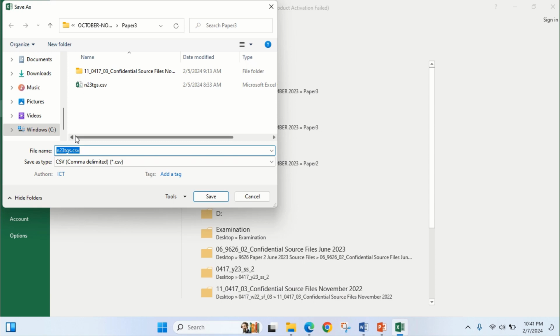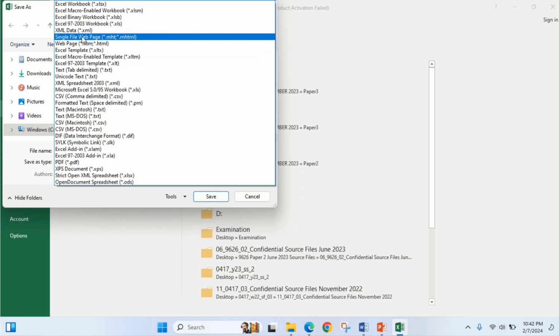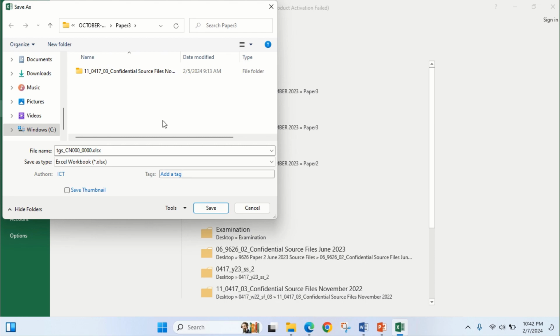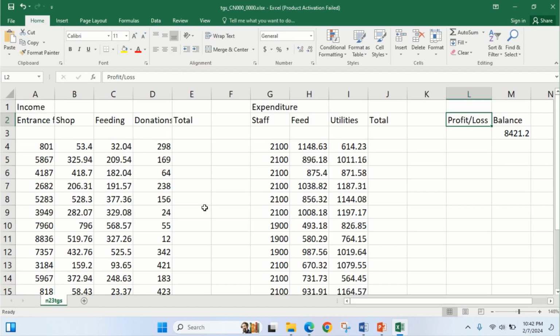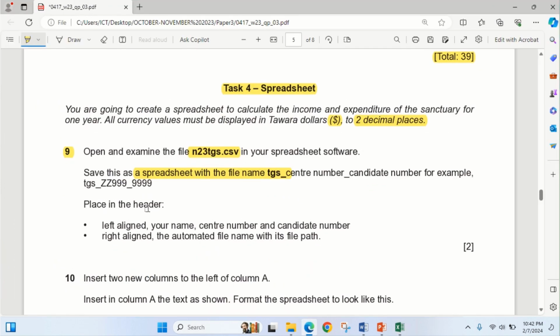So saving it as tgs underscore center number. In my case, my center number is cn000 underscore, my candidate number is 000 in my own case, and the instruction says it should be saved as a spreadsheet file. So you come to Excel workbook, then you save it in your folder, and you have it saved. Then the next instruction is place in the header,